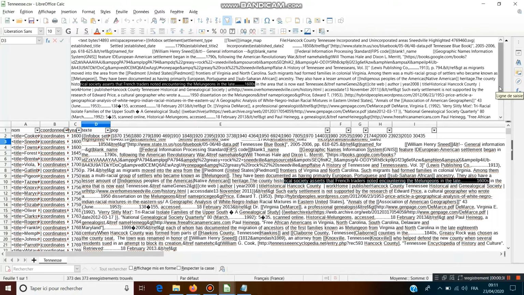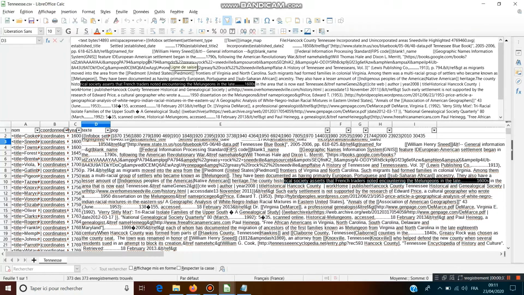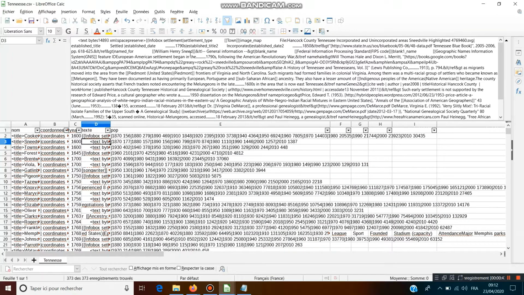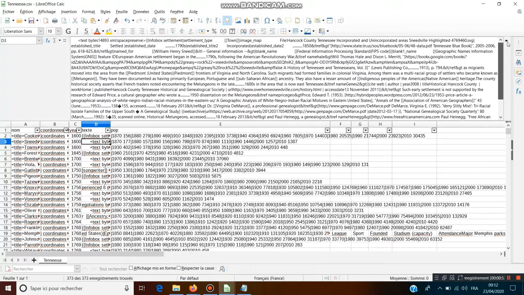So we must look at the text to correct the error. So it was settled in about the 90s of the 18th century.